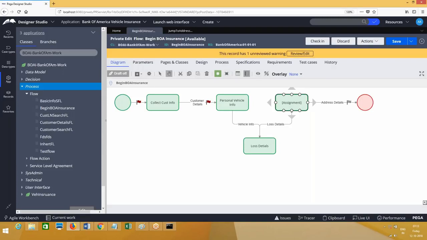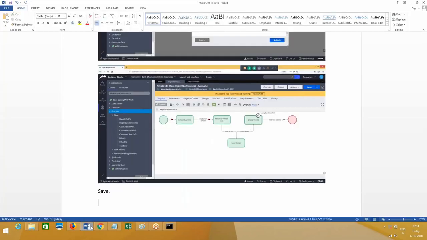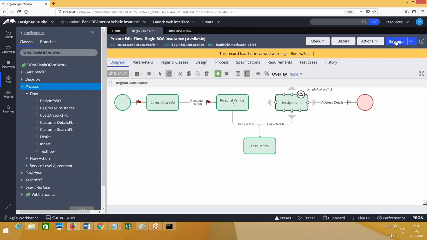The ticket name is jump to address ticket, which is the ticket I have called. Once you call the ticket on an assignment shape, you will get a triangle encircled icon. If you call an SLA, you will get a clock icon. Now this is completed.